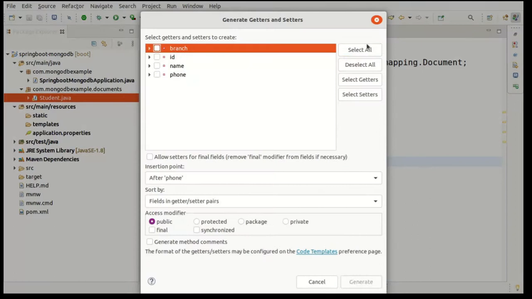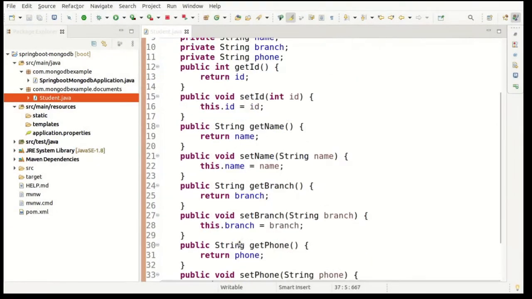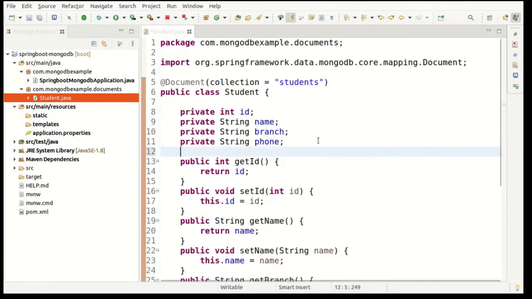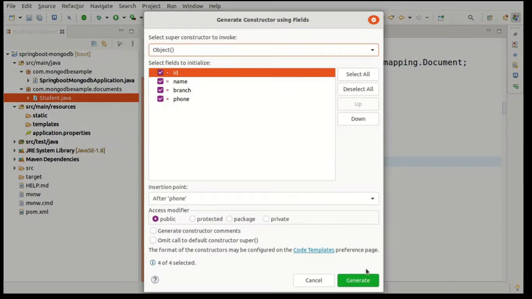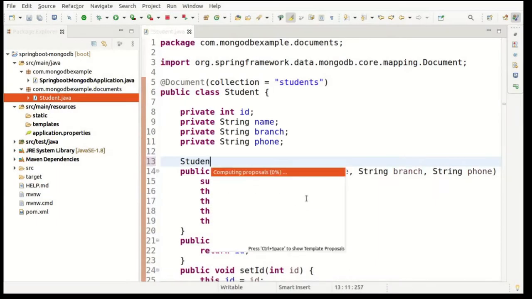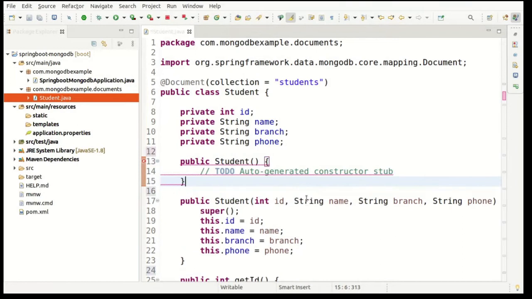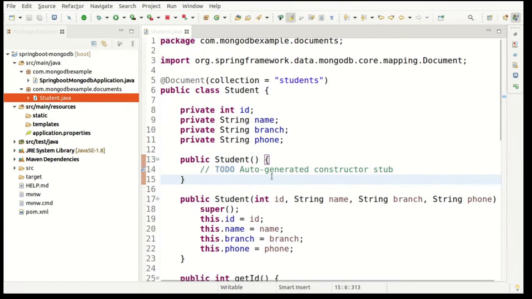You can use Lombok here for this, but I did not use it because Lombok has to be installed in your system, and if you clone this project you may get that error. That's why I'm not using it. Okay, that's it. Now the Student document is mapped to that students collection.